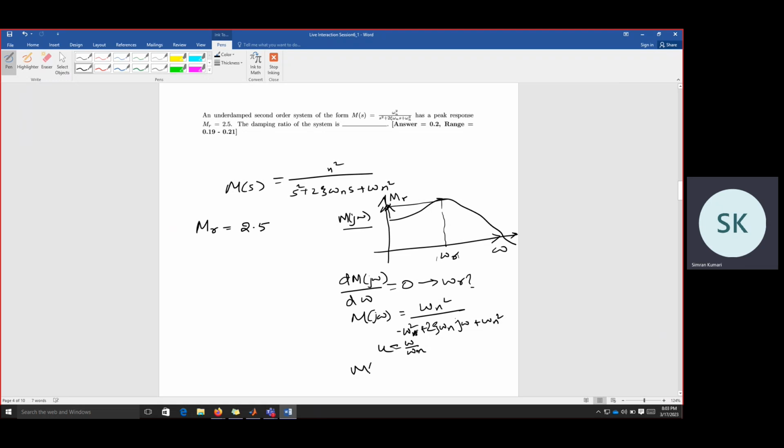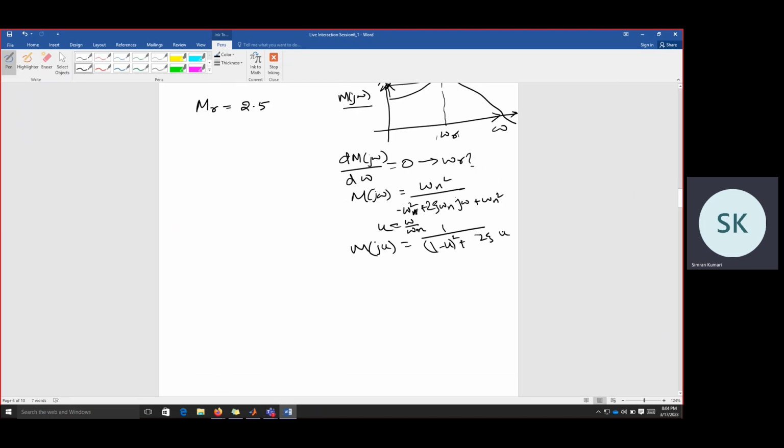So M of j u will be 1 by 1 minus u whole square plus j 2 zeta u. If we find u, then we can find omega also just by multiplying with omega n. So we differentiate with respect to u